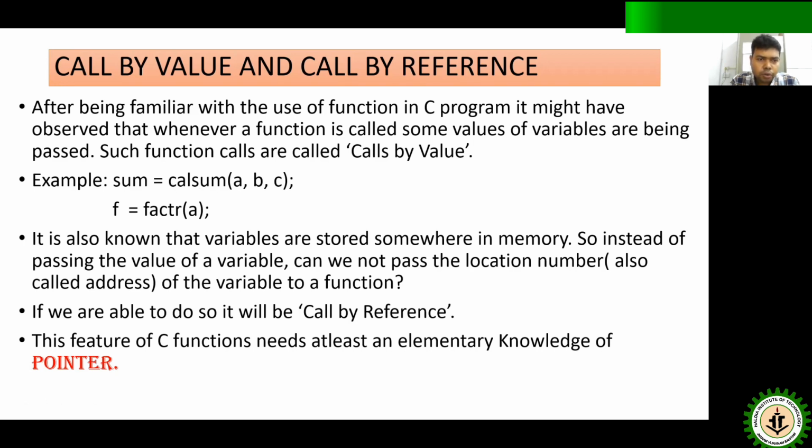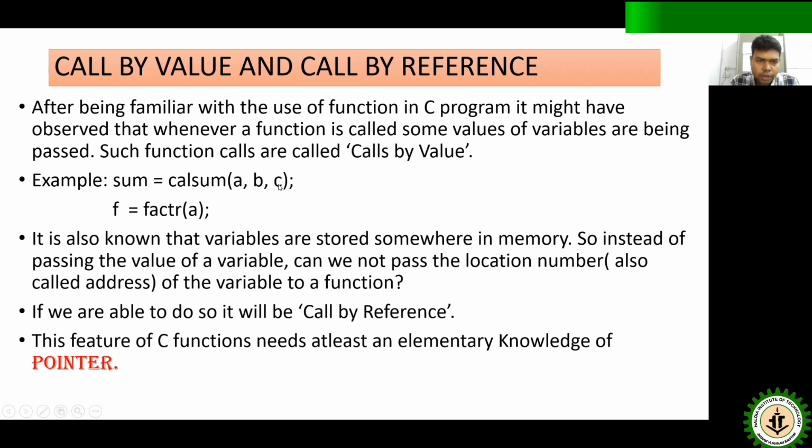In the calsum function we have variables, like in our earlier example, calsum(x, y, z). In x, y and z, basically we are passing the values of a, b and c from the calling function,